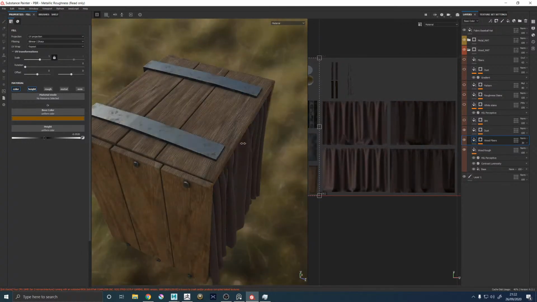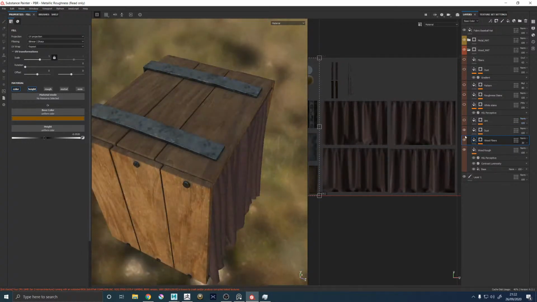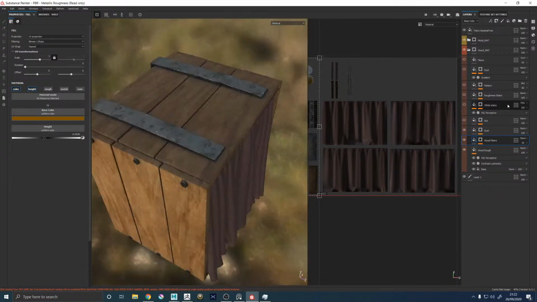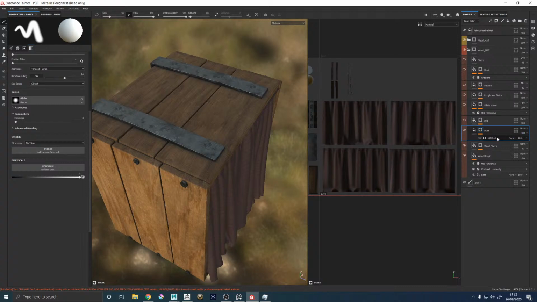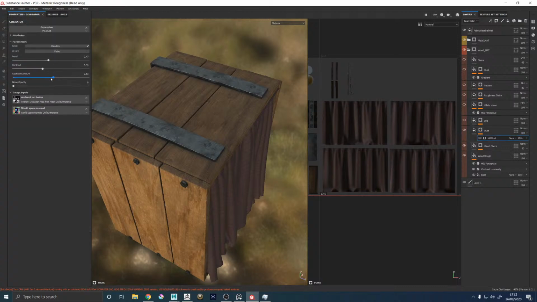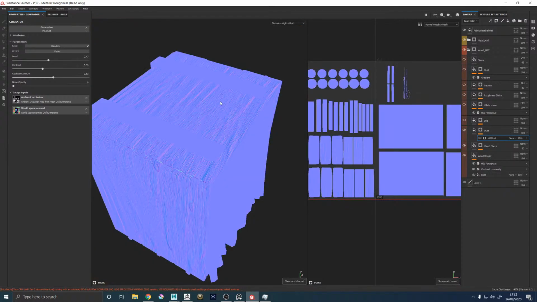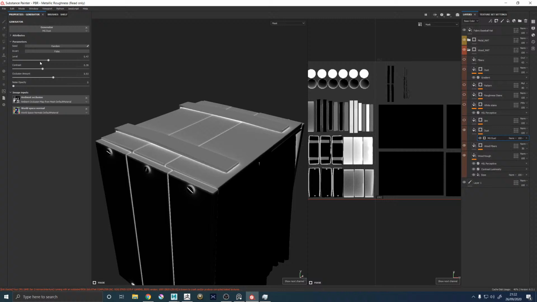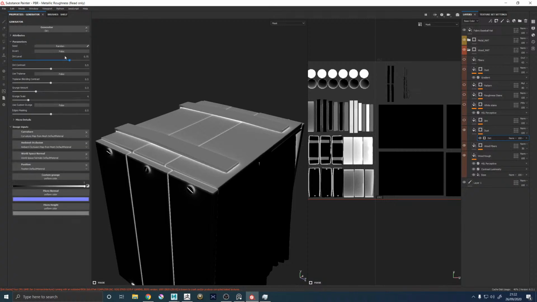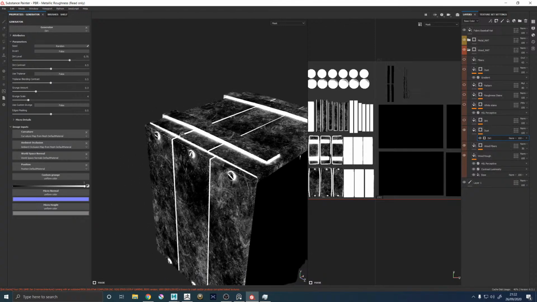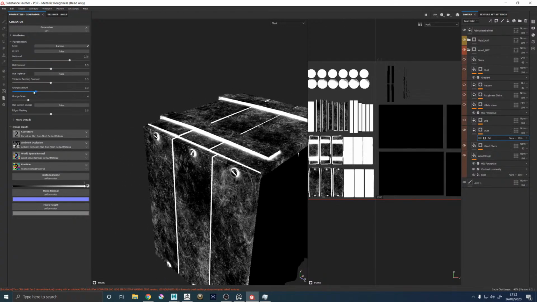Dust is only covering top. Not too keen on that. Do we have MG dust? So I'm going to swap this out for dirt. And let's use